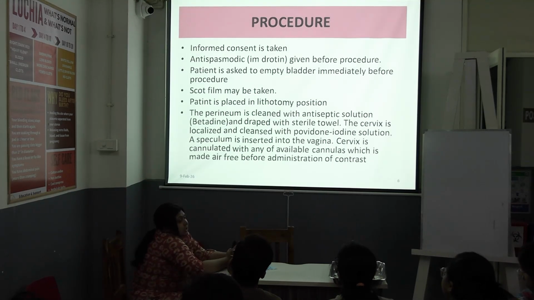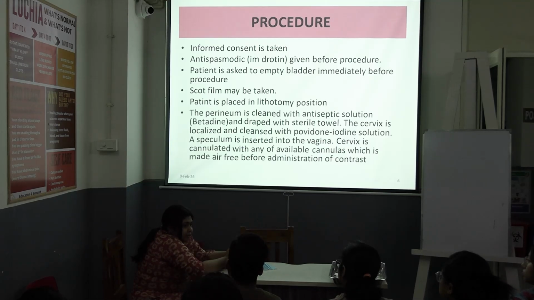So, now how is the procedure done? Have you seen HSG before? So, informed consent is taken. We have to inform the patient that it is a kind of painful procedure, but it will subside, and she has to lie down and she will be exposed to some degree of radiation, but that radiation is not ovarian toxic or anything. And then a dye will be pushed. If she has any contraindication, she has to tell you that, so that you do not do the procedure. And then the patient is asked to empty her bladder immediately before the procedure.